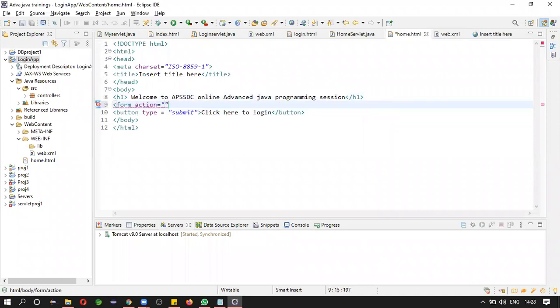Now we will see the servlet name. Login servlet, and now you see the method. Method is equals to get method.